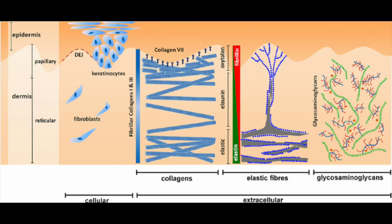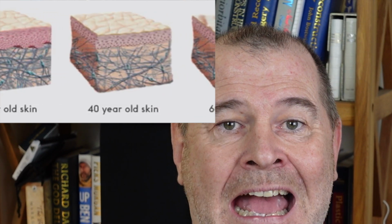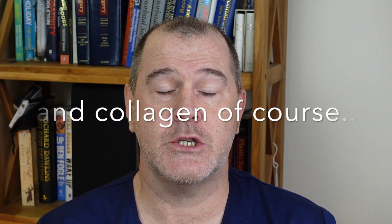Between the ages of 40 and 70, the skin matrix, which is made up of skin cells, but also a number of extracellular proteins, which hold the cells of the skin together, almost like mortar holding a brick wall together. These elements of extracellular matrix become thinner. We lose proteins like hyaluronic acid. We lose or break the bonds in our elastin, making the skin less elastic. We lose volume in terms of dermatan, which is a skin protein,